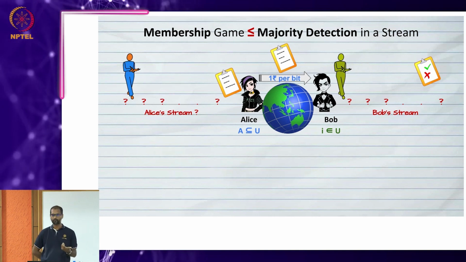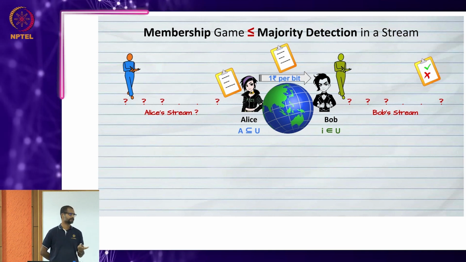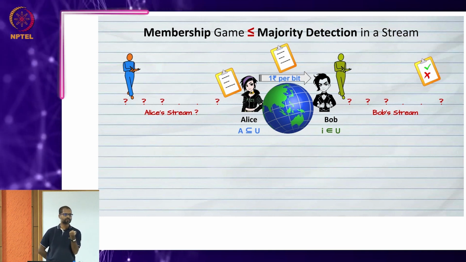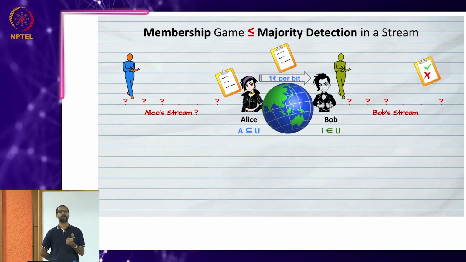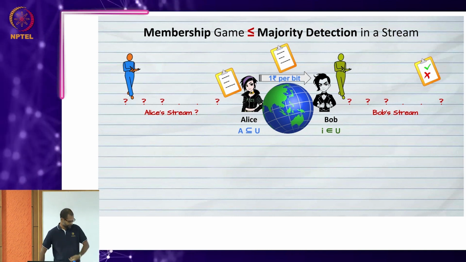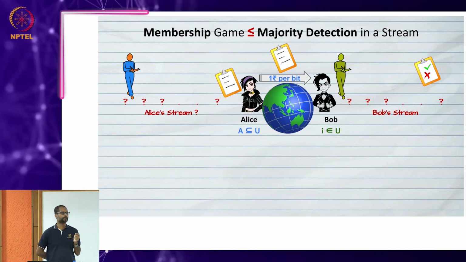So suppose Bob knew the cardinality of A. Let us say cardinality of A was 100. Then what Bob will do is not just put one copy of I in the stream, it will put 100 copies of I in the stream. So the total length of the stream now becomes 200, which means the majority detection point is